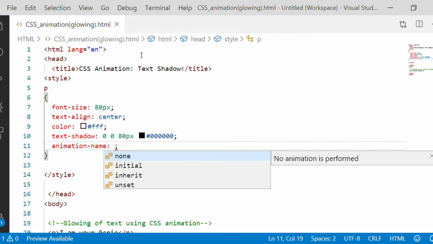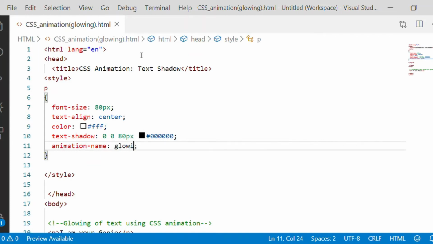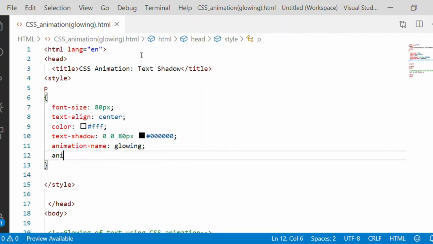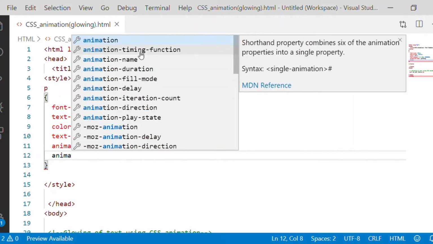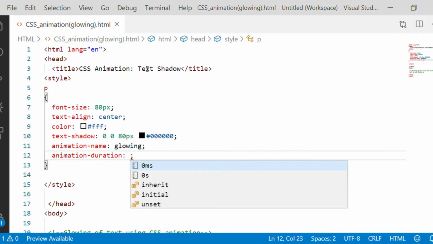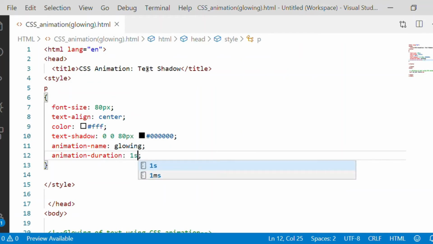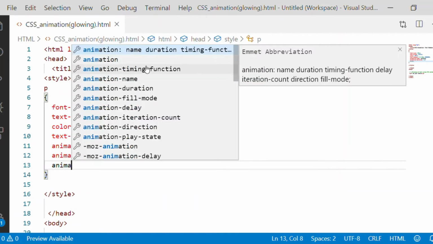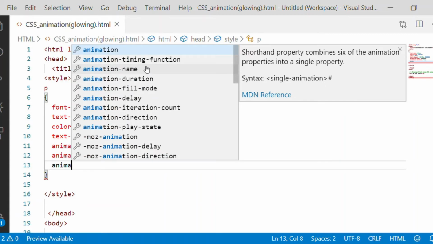First, we will call the animation name as glowing. It is with this glowing name that we will associate the animation @keyframes declaration. Let it be one second. This is the time at which the color shall be changed.